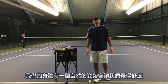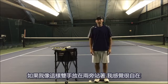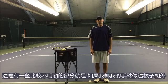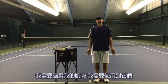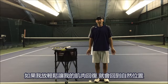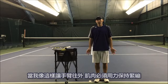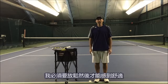Our body has neutral positions where it feels comfortable. So if I stand here with my arms to my sides, I'm pretty comfortable here. The part that becomes a little bit less apparent to us is if I turn my arms out like this, I need to flex my muscles. I need to use them. If I release and I just let my muscles go, it goes right back to neutral. So this is where my body feels comfortable. As I get myself to push out, I'm holding tight, then I have to release,